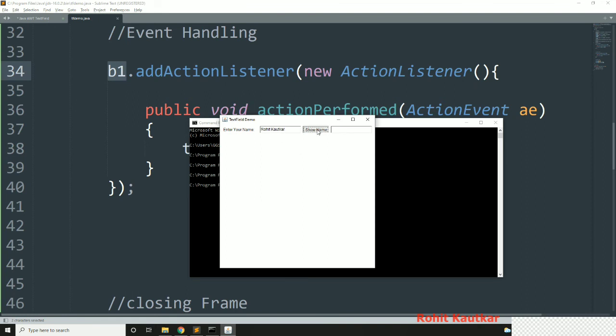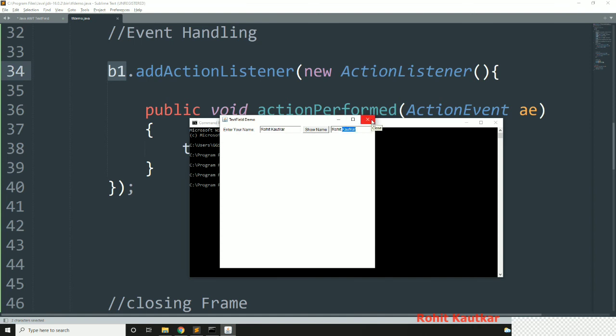And if I click on show name, you can see we are getting the name within this next text field. Like this we will be able to handle text field related events. So we can get their values, we can set their values.